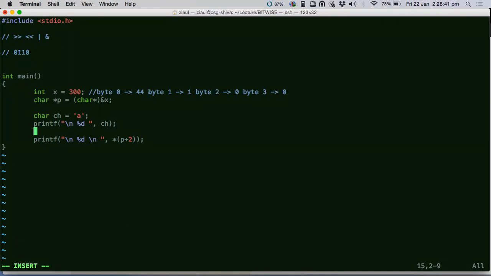We have explicitly said that because of this casting, p is no longer an integer pointer. P is a character pointer. So whenever I want to access the value using the star operator, I will just take in the byte that it is pointing to, the present byte. I will not take its surrounding bytes, because the pointer is of that type. If it had been an integer pointer, then I would have taken all the 4 bytes together.